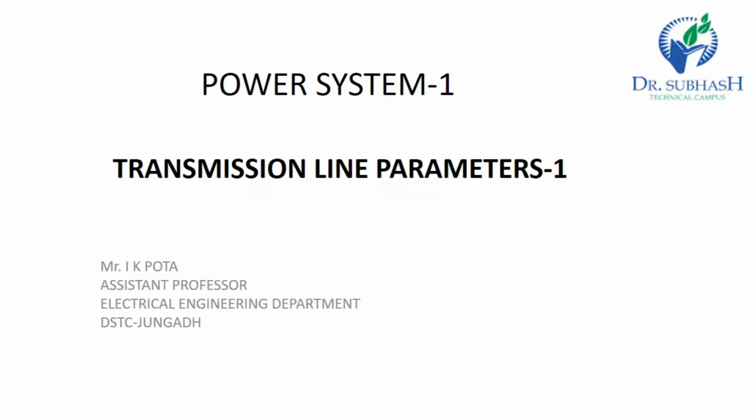at a given temperature. The series inductance and shunt capacitance are produced by the presence of magnetic and electric fields around the conductor, and they depend on the geometrical arrangement. The shunt conductance is due to leakage current flowing across the insulator and air. As leakage current is considerably small compared to other parameters and negligible, shunt conductance is normally not considered for the transmission line modeling.